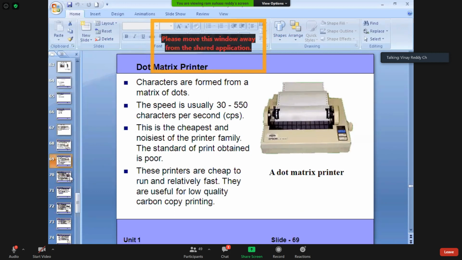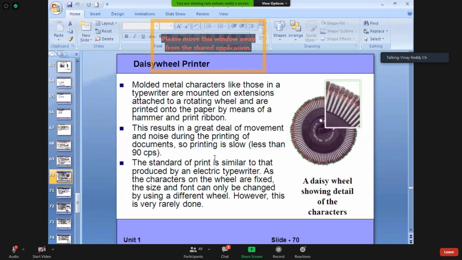This is also dot matrix. Yesterday I told you about the daisy wheel printer. This kind of arrangement is like a typewriter, typing. In a typewriter, if you press one key, suppose A, automatically there is one alphabet shown in a box, no? Those come out and it will print A. Next B, like that it will print. So similarly, it is one type of printer, but it is not in use now.